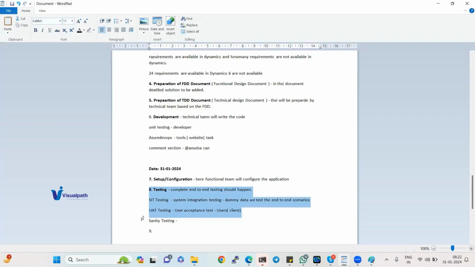But you said the SIT testing and the sanity testing will be done by the customers, the clients? No, no. SIT testing and sanity testing will be done by the partner team, either the functional consultant or a separate testing team. That was my confusion. So SIT testing and sanity testing are both done by the partner company,